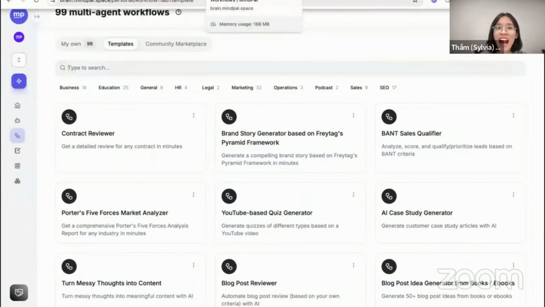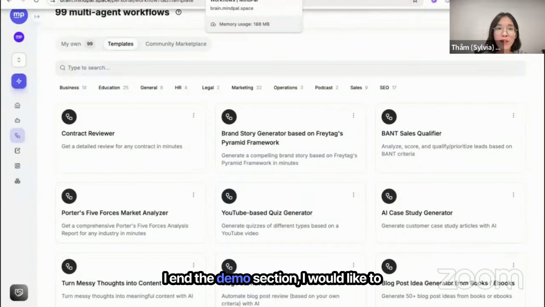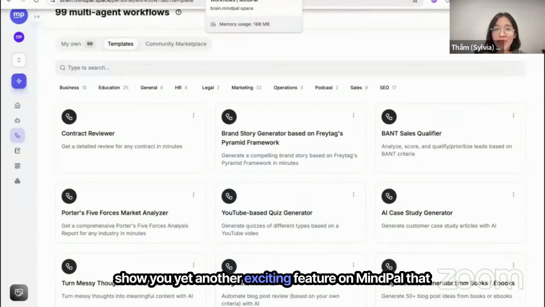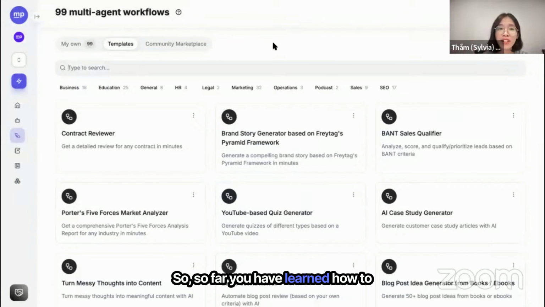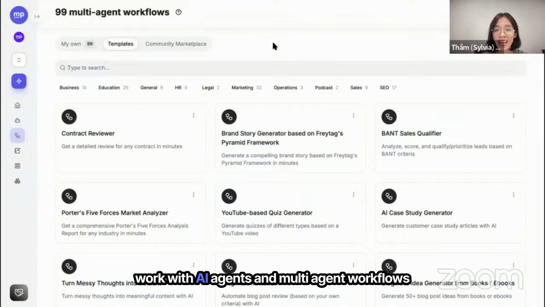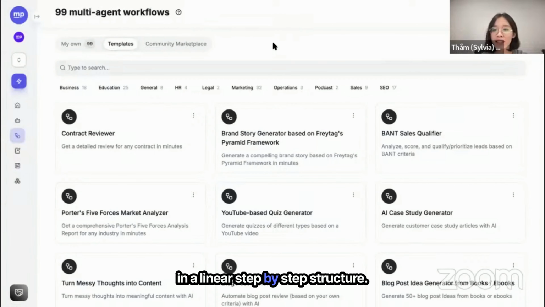Now, before I end the demo section, I would like to show you yet another exciting feature on MindPal that we have just launched earlier this week. So far, you have learned how to work with AI agents and multi-agent workflows in a linear step-by-step structure. That means you can run any AI agent or multi-agent workflow and get the results in the familiar